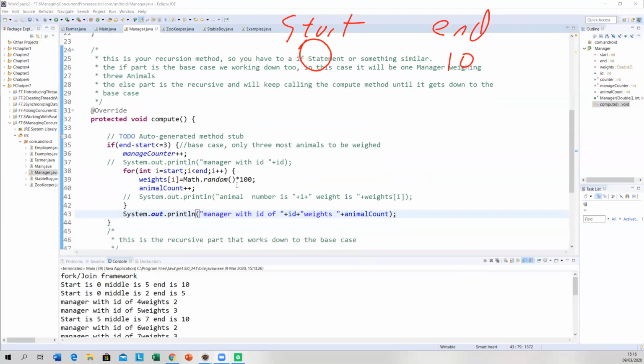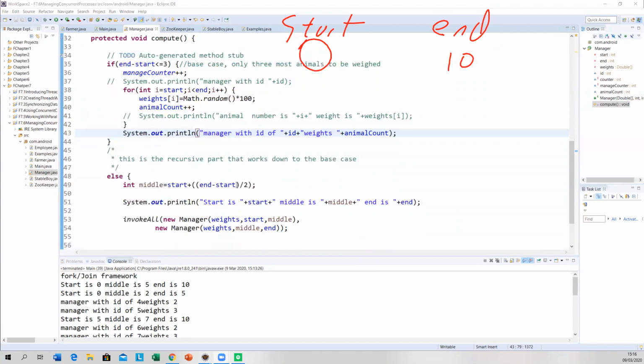We're not going to go to the end part first, we're going to go to the recursive part first. So start is 0, plus 10 minus 0, divided by 2, which gives us 5. So now we have a start of 0, a middle of 5, and an end of 10.